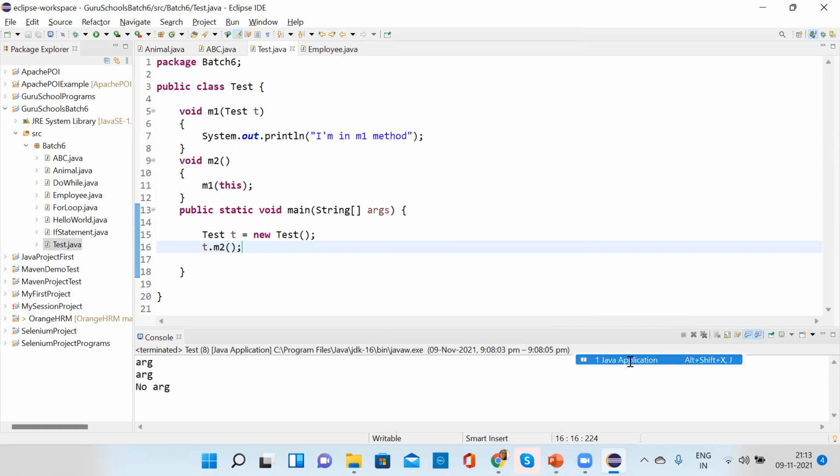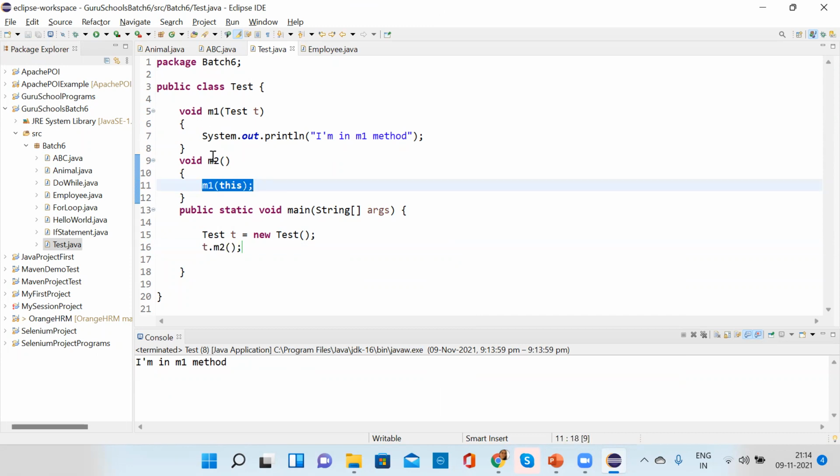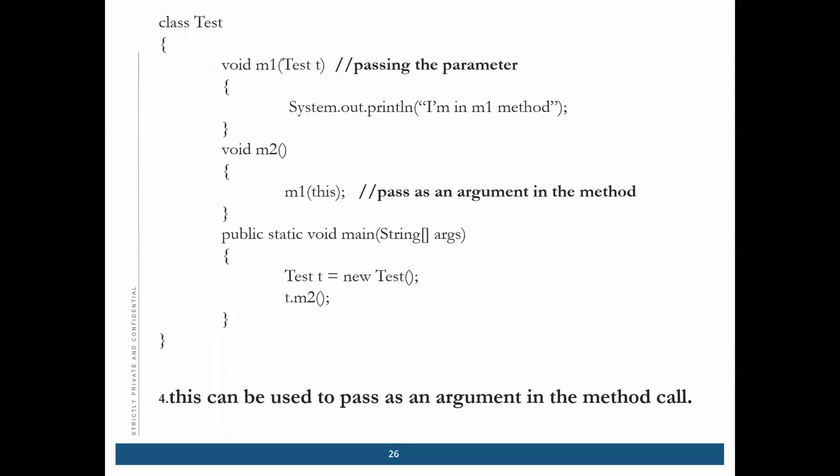See, I am calling the M2 method, but M2 is calling the M1 method, which has an argument of this type. So this can be used to pass as an argument in the method call.